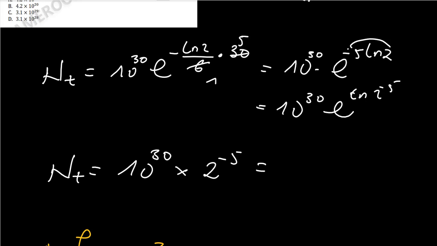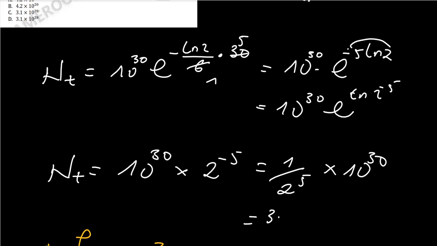And 2 to the negative 5 is 1 divided by 2 raised to the power 5. If you simplify that expression, 1 divided by 2 to the power 5 is 0.03125. Then you multiply by 10 raised to the power 30, and the correct answer